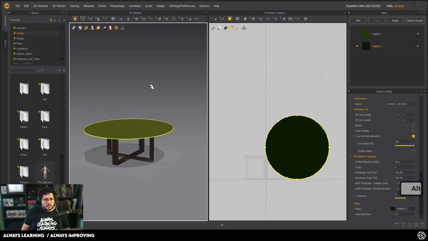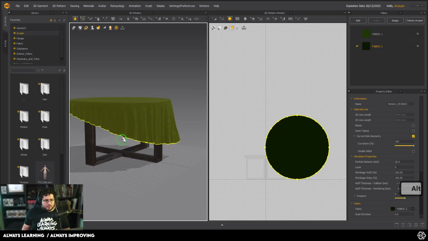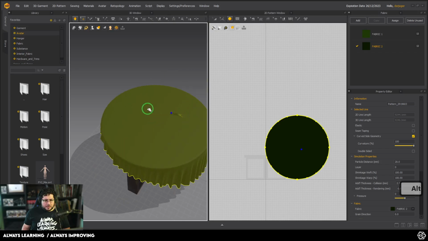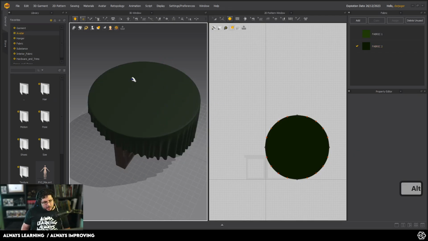And let's simulate. As you can see, the simulation is giving us a very nice detail. We get some very nice wrinkles there, but it's definitely heavy, right? You can see how the elements and the particles are having a little bit of an issue trying to correct all of the elements. So how can we improve the animation? Well, the amount of triangles that you're going to have for your particles will be dependent